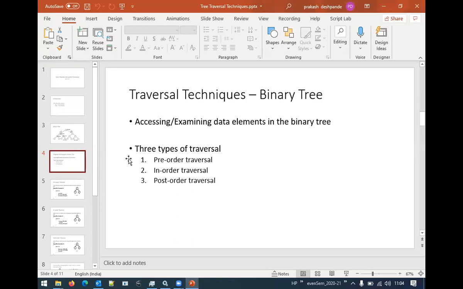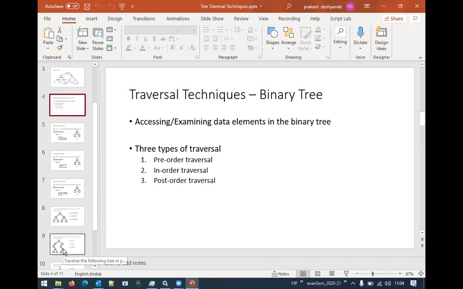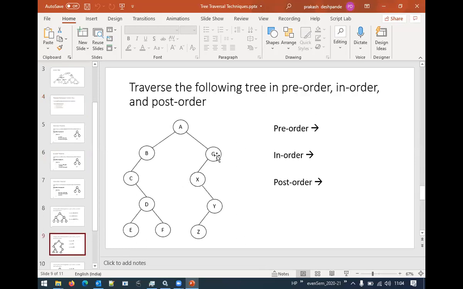And in the third technique, that is post order, root has to be kept at the last. So first, what we will read? Left, right, then root. Okay. We have seen one example in the last class. We have taken one particular tree and then we have read that. And today we will go through a couple of more examples and try to traverse a tree in all the three different orders: pre-order, in order, and post order.